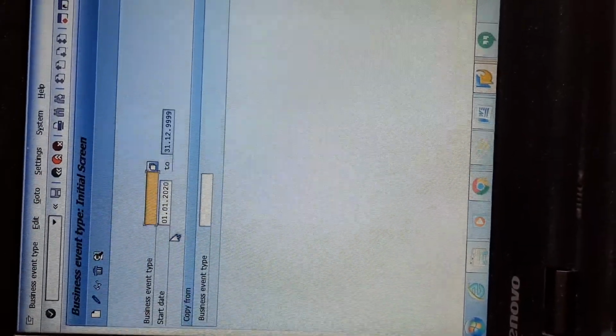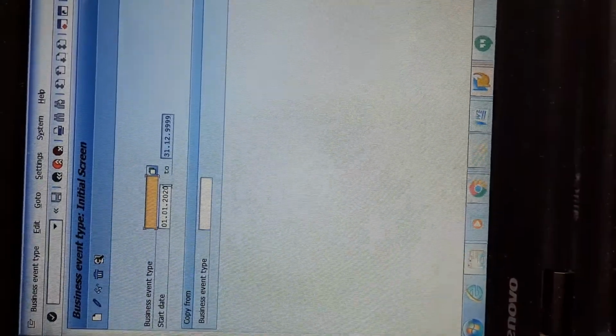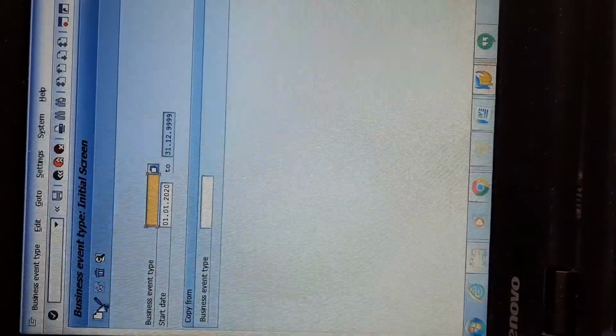Double click this. The business event type page will be the same as the business event group page. Here also you're not supposed to enter any information on the business event type record. The start date will always be the same, 01/01/2020 of the current year, and you can see the nth record over here. Okay, now click on create file.